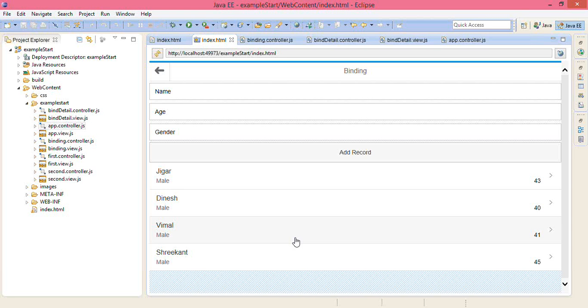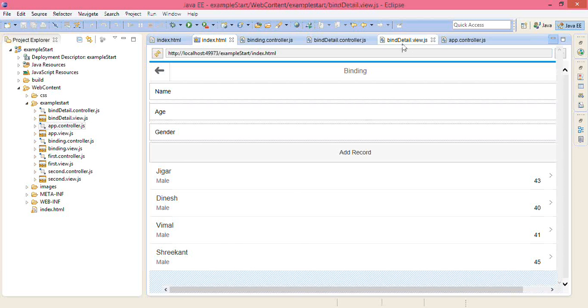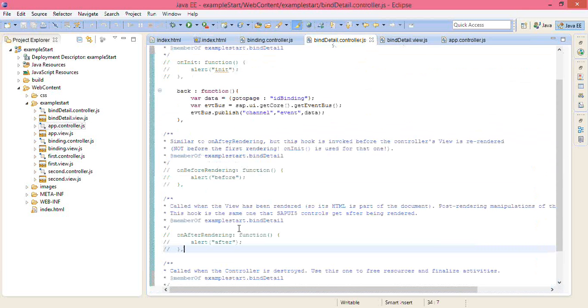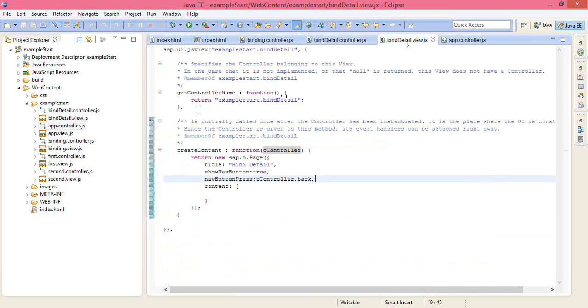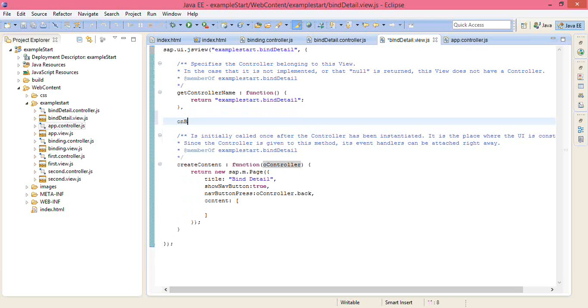So hence I said that we use a certain function which is called whenever we try to view that screen. It is not like the on before rendering or the on after rendering, which will be called only once. When you write something inside that function, that particular function will run each and every time you visit the screen. For example, you will see what function that is. It is something called as